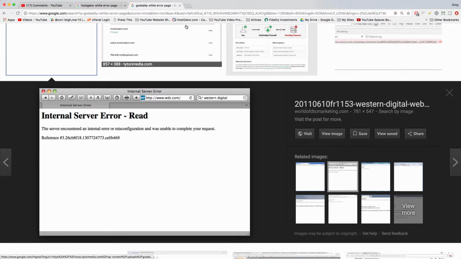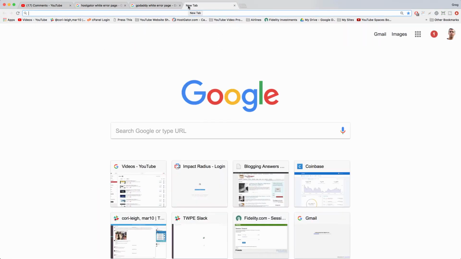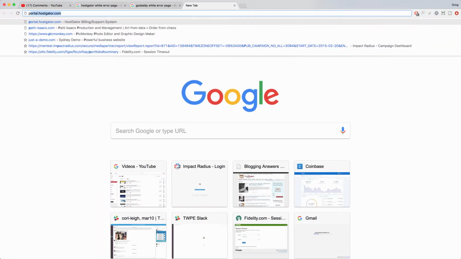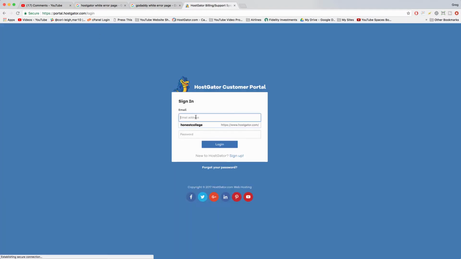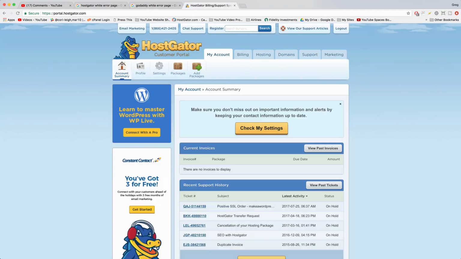All right, so first, if you registered everything, including domain and hosting at HostGator, you should go to the customer portal at portal.hostgator.com. Just log in. This is how to get to all your controls at HostGator. If you haven't even installed WordPress yet, you can just come here right after you install the hosting plan and the domain name. You just come here and you'll click hosting